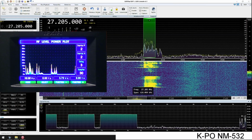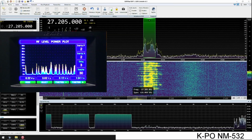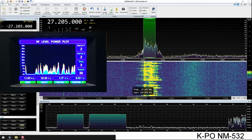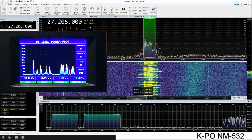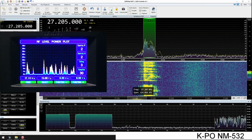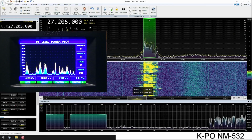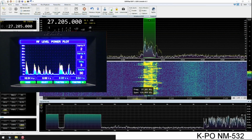Okay, now this is the KPO in USB at 25% gain. This is the KPO in USB upper sideband at 25% gain. Don't worry about the proper tuning. I'm not worried about the tuning at the moment. I'm only worried about the microphone gain and how it would display for you to compare things, at least both